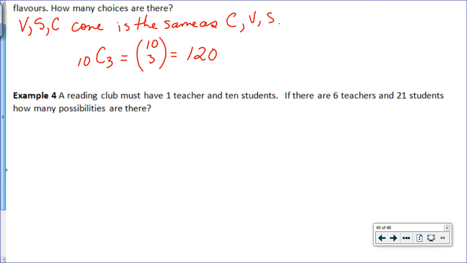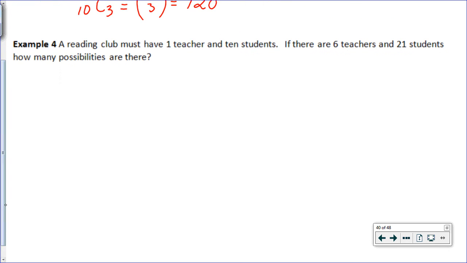All right, here's another example. A reading club must have 1 teacher and 10 students. If there are 6 teachers to choose from and 21 students, how many possibilities are there? So how many combinations for reading clubs are there? Notice here that we have the word and. So when we see that word, that's going to tell me to multiply. So 6 choose 1, right? We're choosing 1 teacher out of that group of 6, times, the and again tells me to times, 21